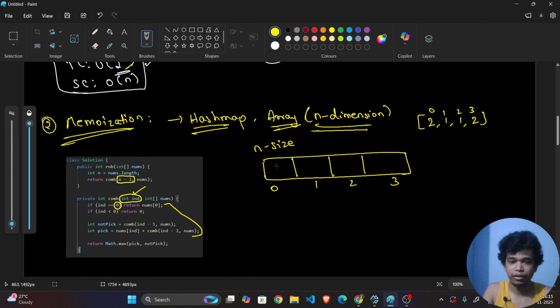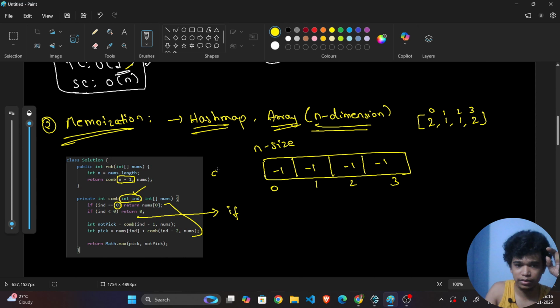So better to have either null, or you may have -1, or -2 or -3. Any negative numbers are null. I'll be mentioning -1 for simplicity. Okay, now understand this. Here in the base condition, I want to add one line. What is that line? If